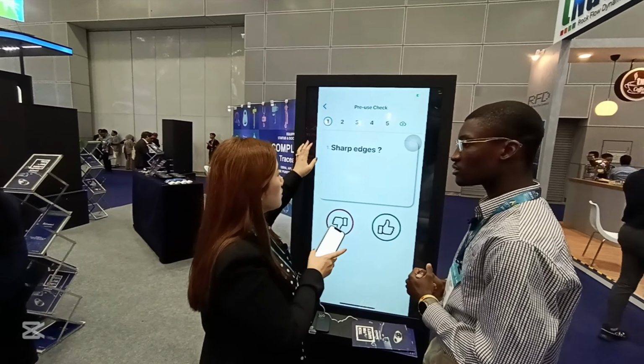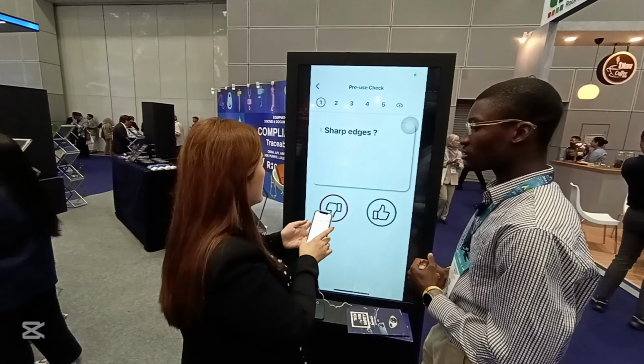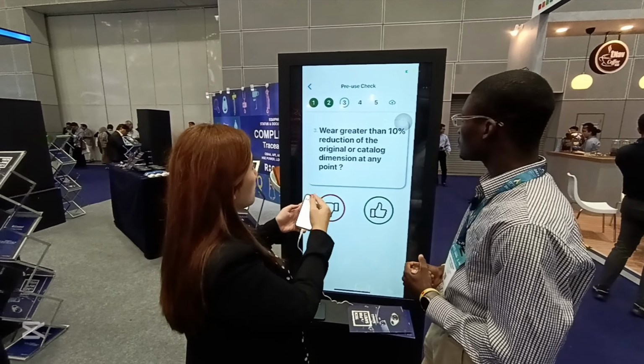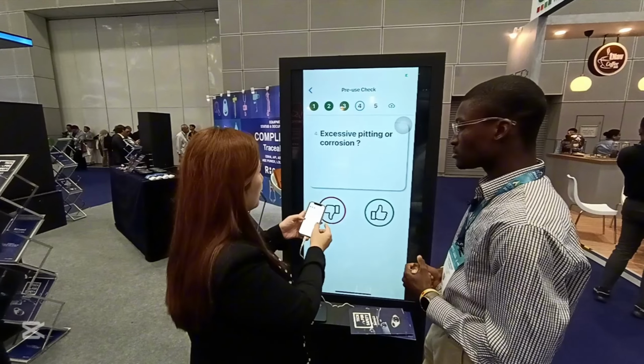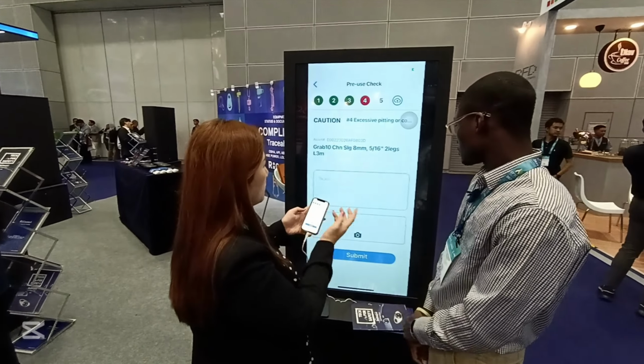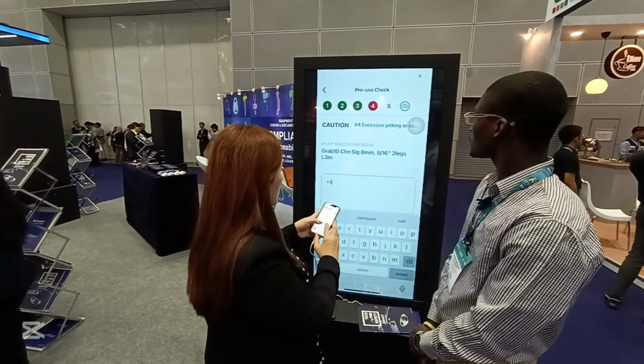You can customize the number of questions and the criteria. So it's like a yes or no answer. You can just follow the criteria to make the checking. If you found anything abnormal, you can also put